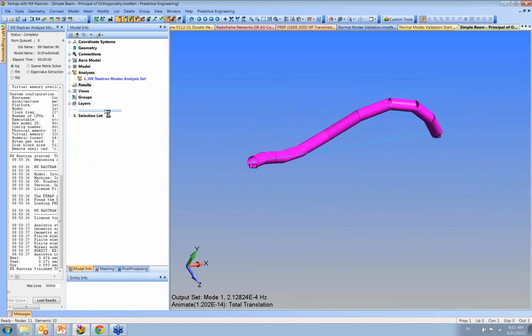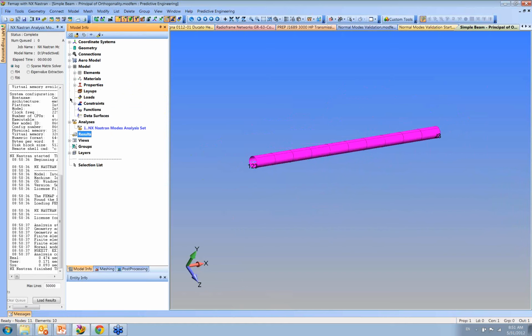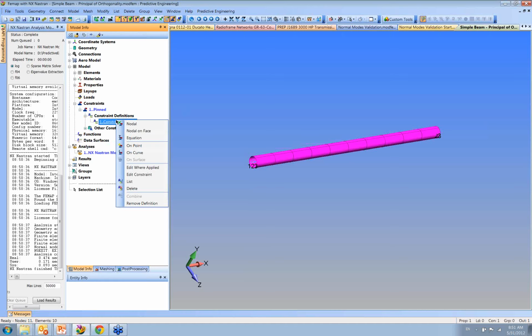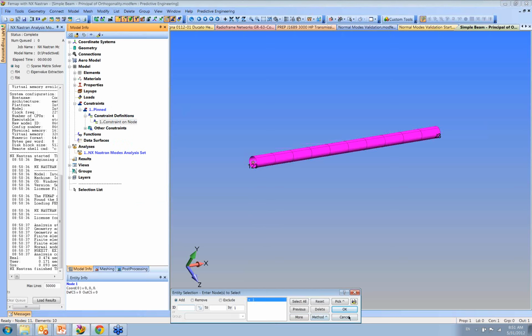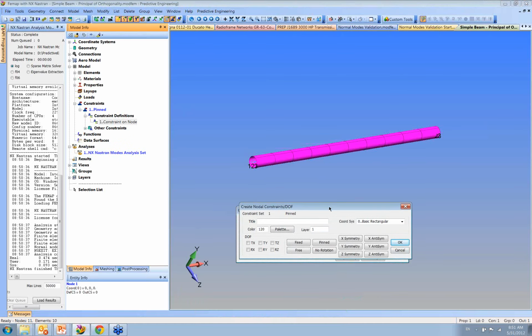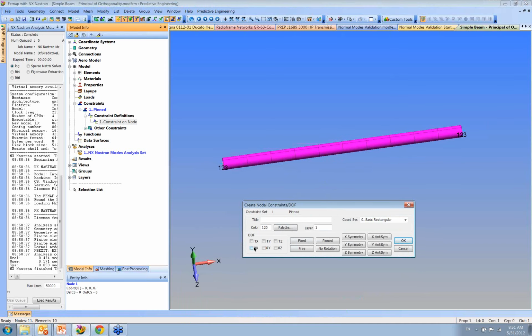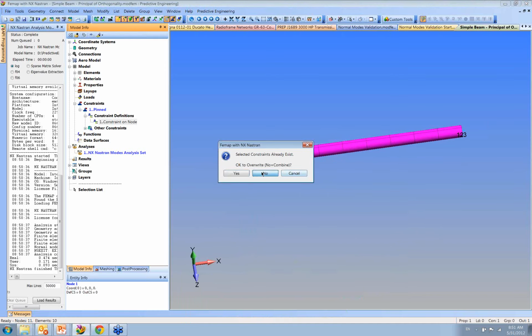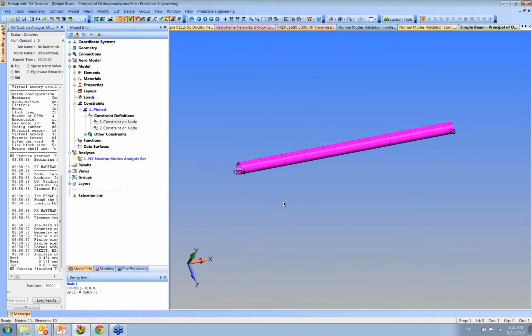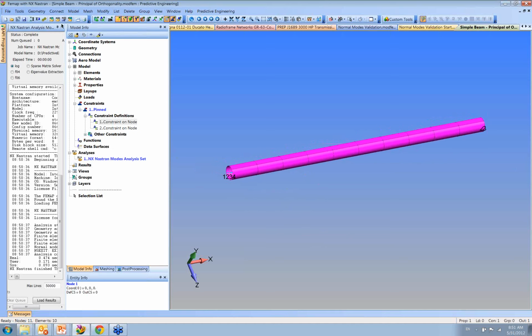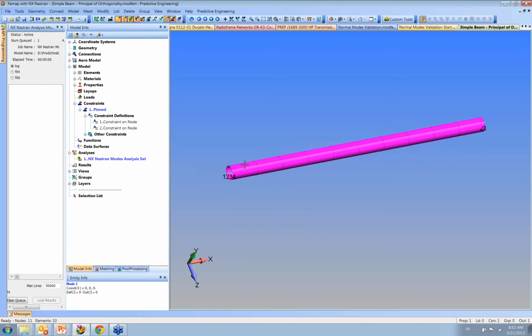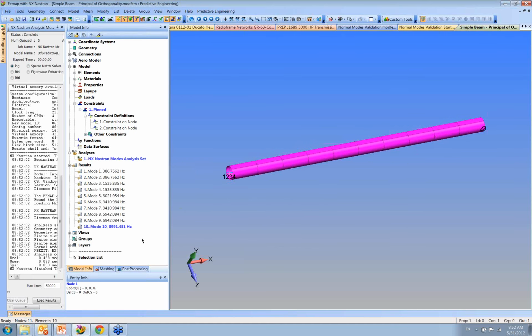So since we're here, and since this is not a demo, this is for learning, we'll go down pinned, okay, constraint on node like that, okay. Now, let's just take one node on the end, and what we want to do is constrain it in the Rx like that. And we'll just combine. Control G to bring that back up. So now it's not allowed to drill down the axis. Done. And you can see it got rid of this zero mode here.